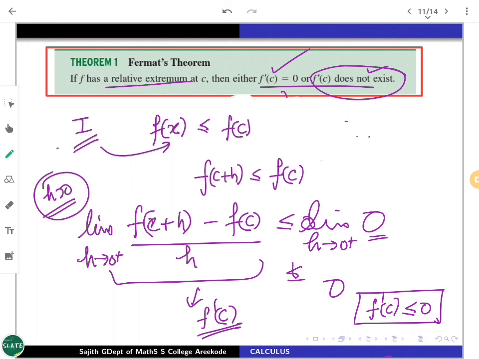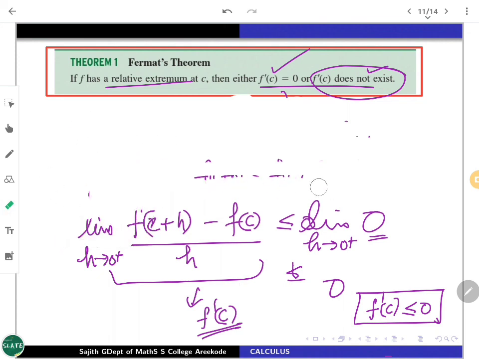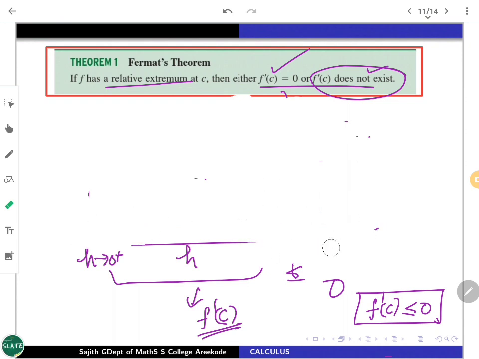Now, we have taken an h which is on the positive side and we are looking from the right. Right? We can also pick h to be negative and sufficiently close to c. Then all the arguments can be done in another way, and that also we will check. So what you have now is f dash at c is less than or equal to 0. F dash c is actually a real number, and that real number is less than or equal to 0.